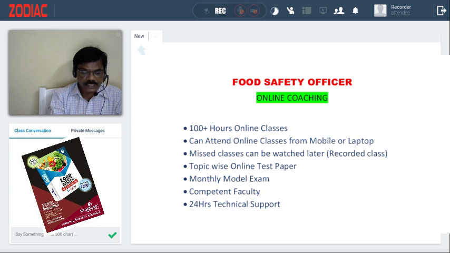Is an act to consolidate the laws relating to food manufacture. Say, all of you say, FSSAI license is an act to consolidate the laws relating to food manufacture, storage, distribution, sale, and import to ensure availability of safe and wholesome food for human consumption. How much does FSSAI license cost? If your annual revenue,